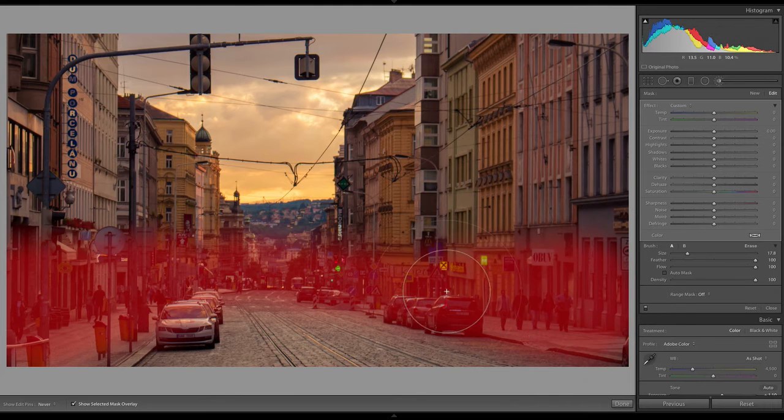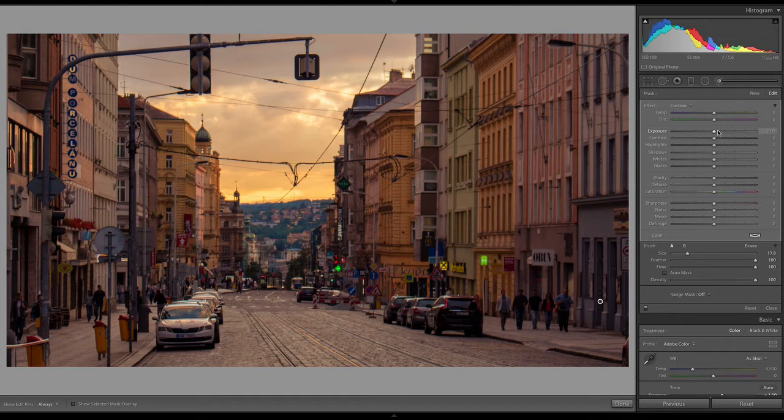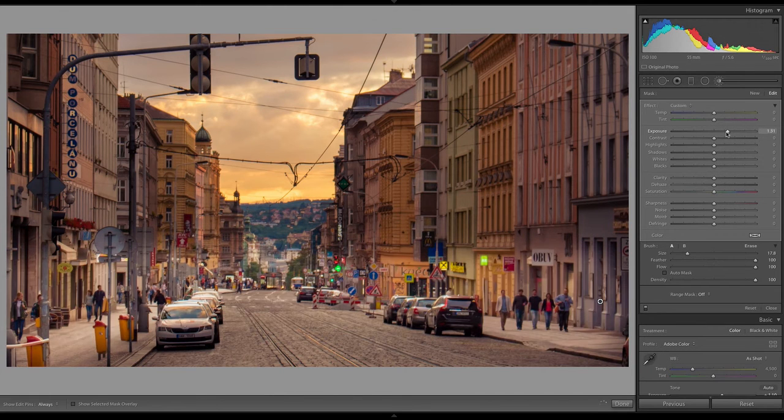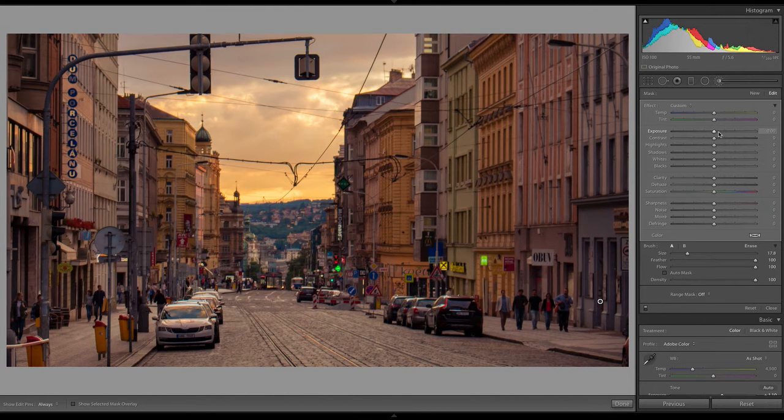The reason I'm doing this is because I feel like it's just a little bit dark. So I'm going to press O to turn off that mask overlay and then just boost the exposure. Now notice if I boost the exposure too much, it really quickly starts to look a little bit unnatural. So maybe you just want to pick up some of the shadows, maybe the exposure just a little bit, something like that. Now, if we turn this on and off, it's a subtle difference, but it just brings a little bit of extra pop of life to the sidewalk and the people walking down this street.